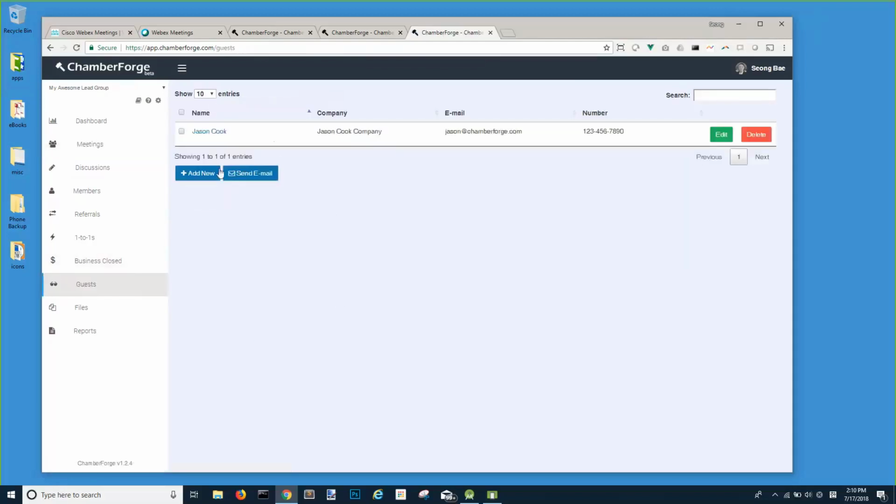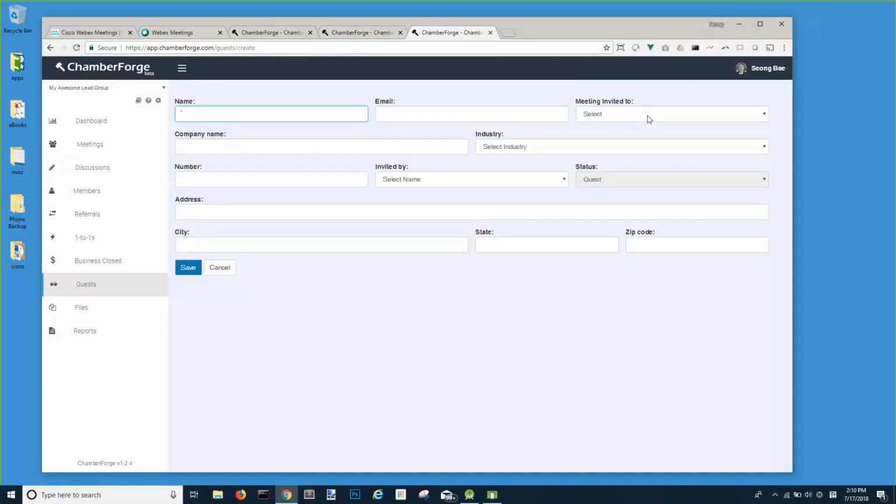And now when you come to the guest page, add new, you'll see that the meeting has been loaded in this drop-down list. So you can invite a guest member to a specific meeting, and then invited by, you can select your name. Let's go ahead and just create a test guest information. Say the guest name is John Smith